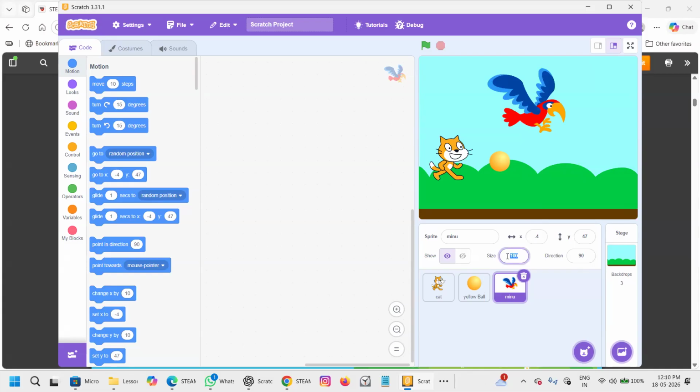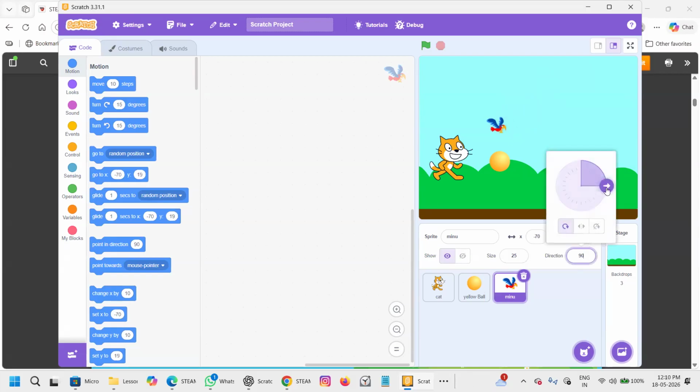So you're enjoying this part? I made it 50. I want to make it much more smaller. I'll make 25. And I want to turn the direction of the bird. So I will change it like this. Or if you want to change it the other way, this is the way you change it. Are you able to see? Yes or no? I have to know that. So I want to show it like this. Yes. Okay. Thank you, Fahima.